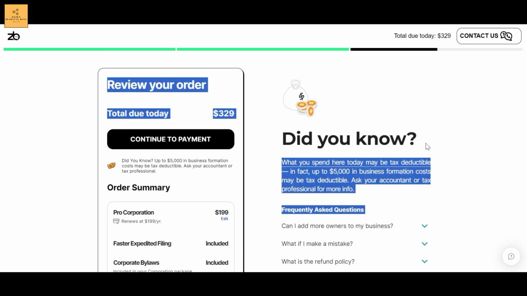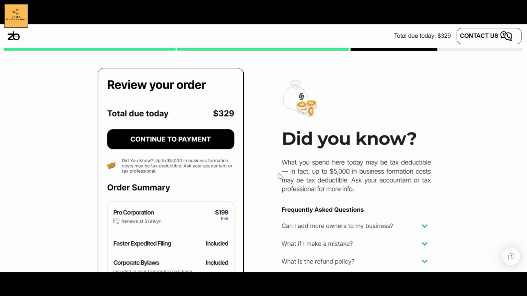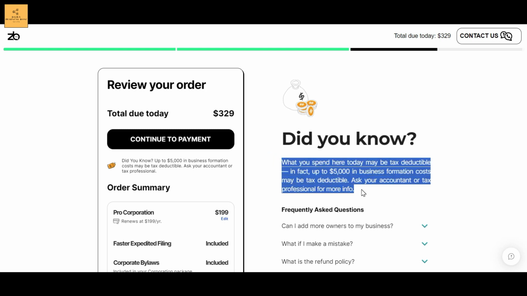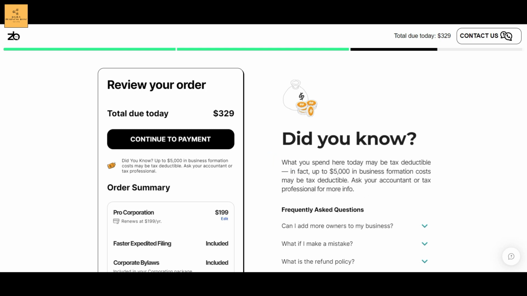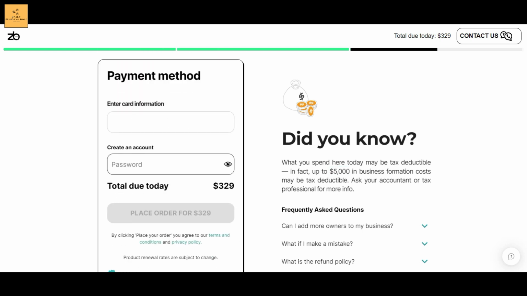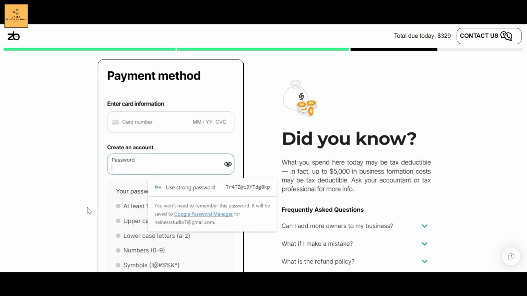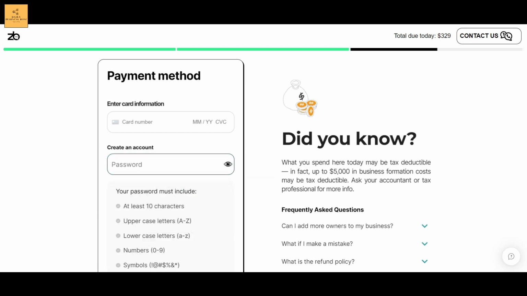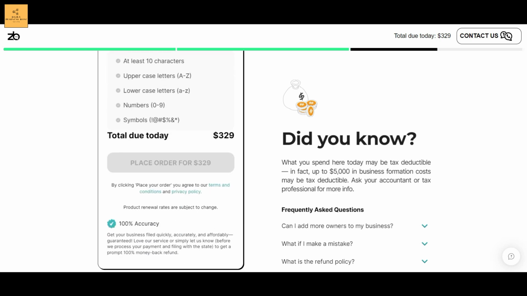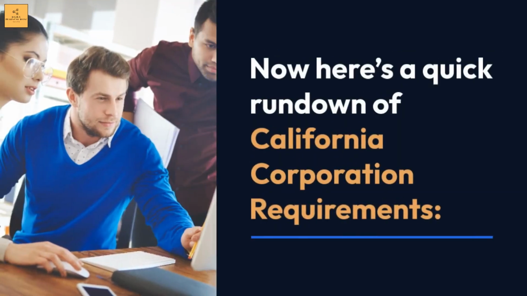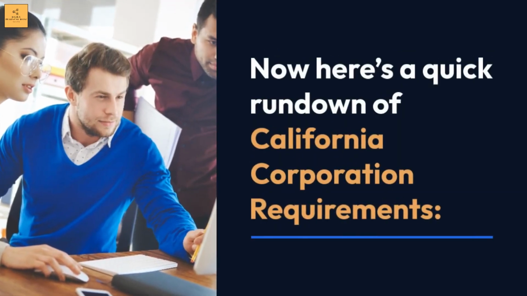You can also include or exclude any service you want in this section. When you are done selecting, click on the Continue to Payment button and it will ask for your card number. Once you are done with the payment, they will start processing your order and you will receive your C-Corp within 7 to 9 business days. Now here's a quick rundown of California Corporation